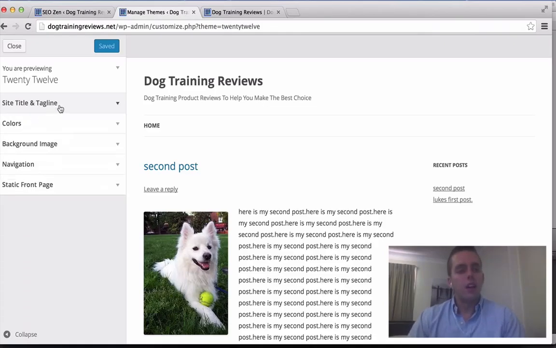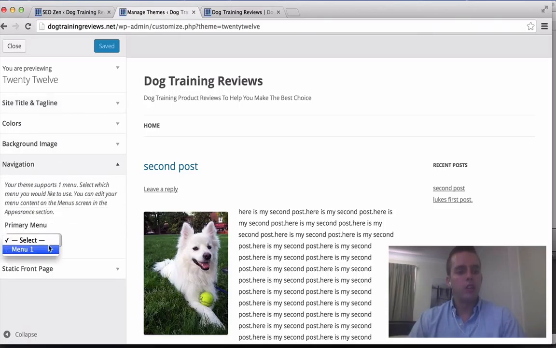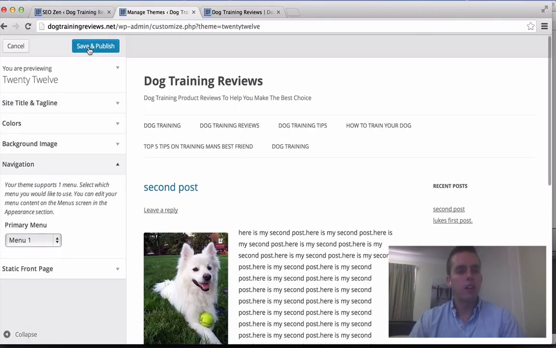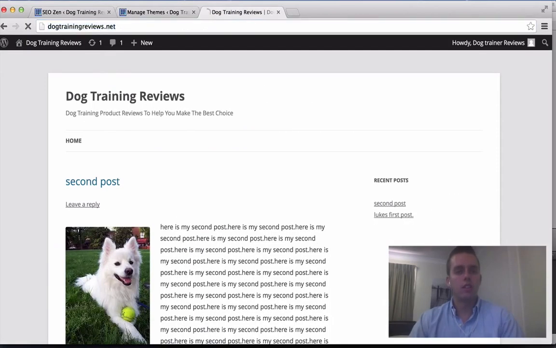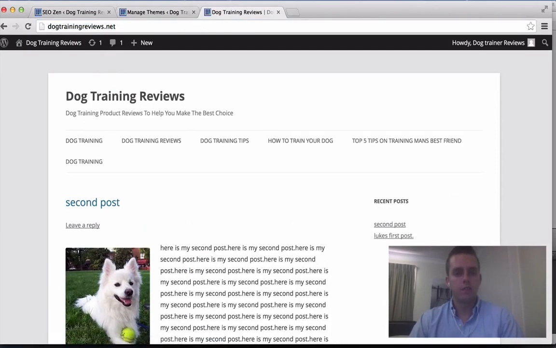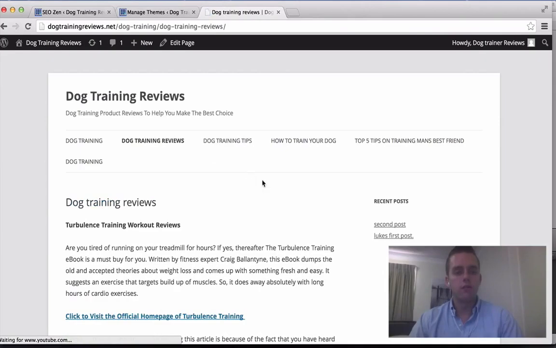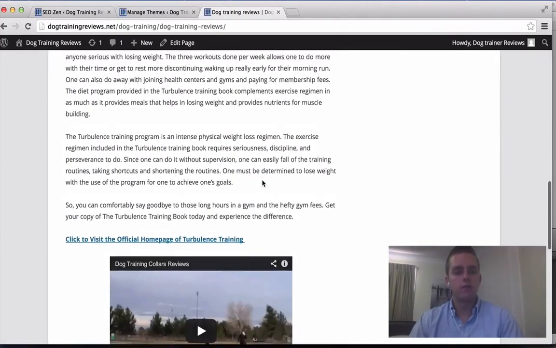I'll leave that for now. We can change background images. Navigation is where we'll put in our menu. So if I wanted to put in our primary menu there, save menu, and then it should come up in here. So you can see all our different articles we've created. So straight away,